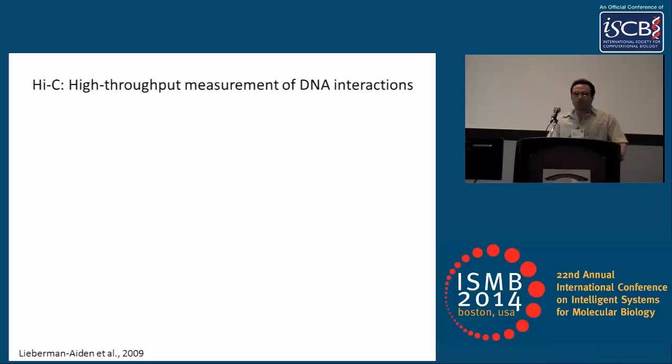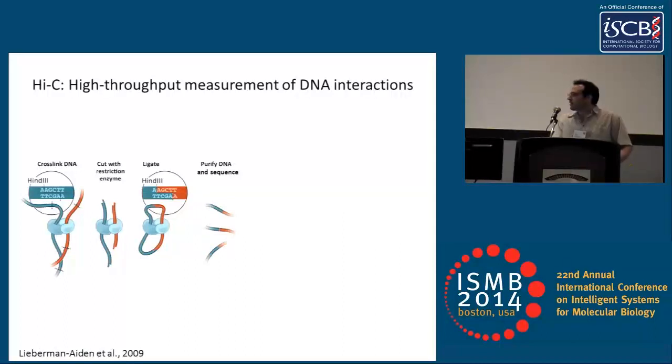So in my lab, we actually work on something completely different. I'm from the Dekker lab, and there we developed a technology called Hi-C. So this is a molecular biology experiment, high throughput, and it's aimed at measuring DNA interaction frequencies genome-wide. So the way it works is that you cross-link DNA, and this chemically attaches loci which are close to each other in 3D. Then you cut it with a restriction enzyme, dilute it, ligate, and finally you purify the DNA,